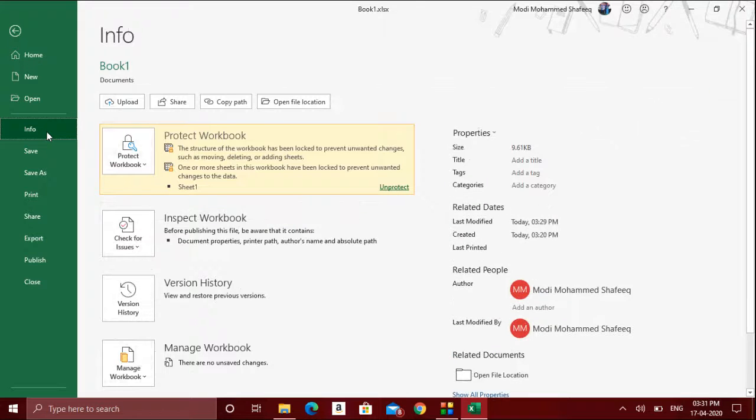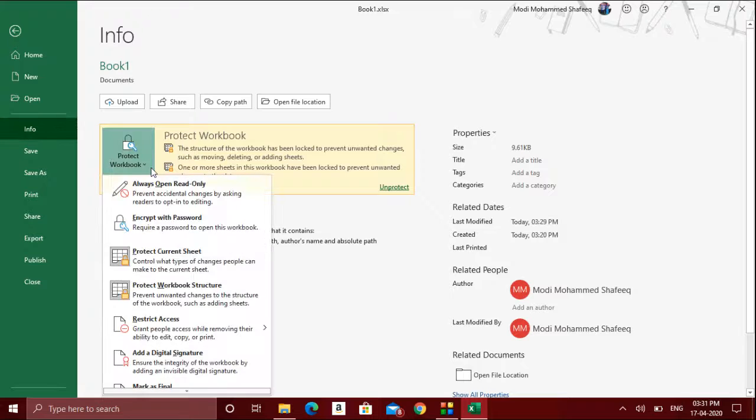Sorry, you must go to Info. In Microsoft Excel 365, it is given as Info. In previous versions it will be written as About, not as Info. There you go to the protect workbook option; protect sheet option is there.